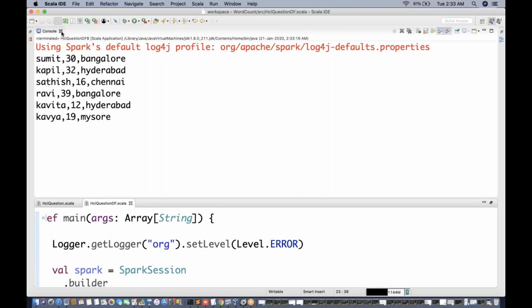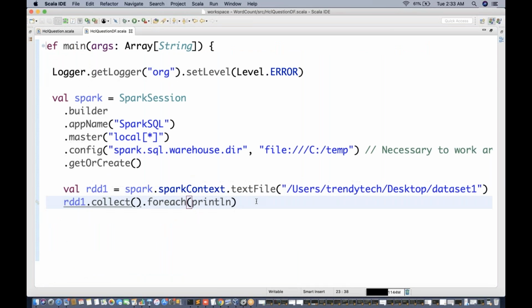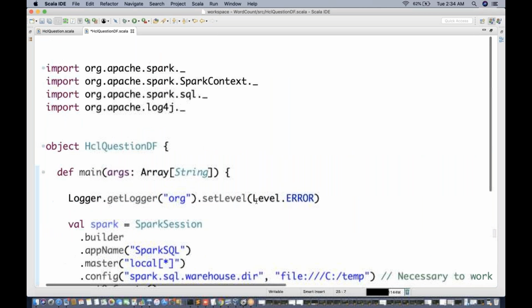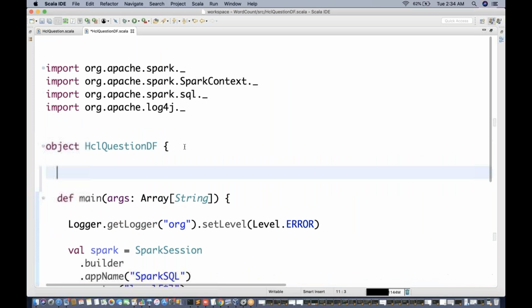Now, out of this RDD, you want to create a data frame. Remember, RDD is nothing but raw data. Data frame is nothing but structured data. That means on top of this RDD, you want to define a structure, right? How to define a structure? Using a case class. So let me define a case class.